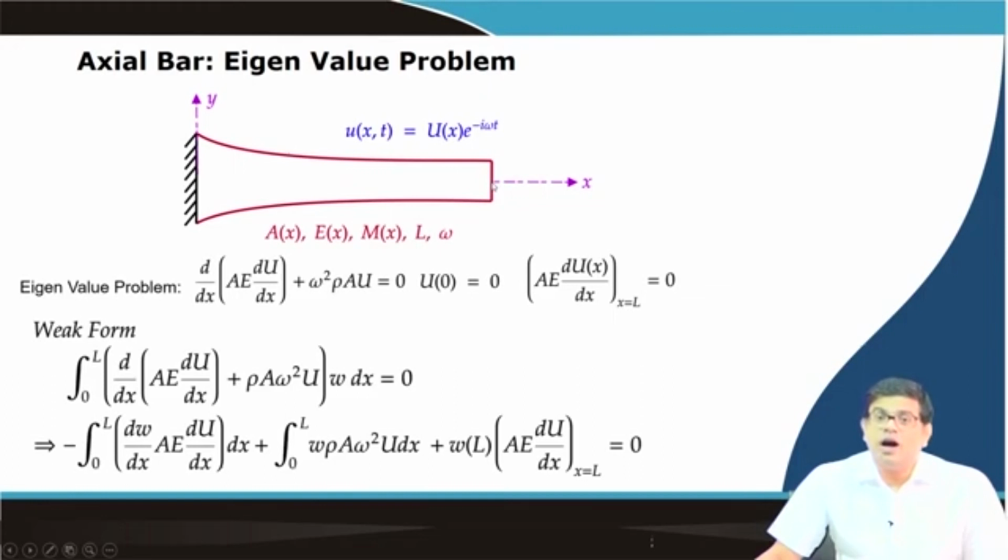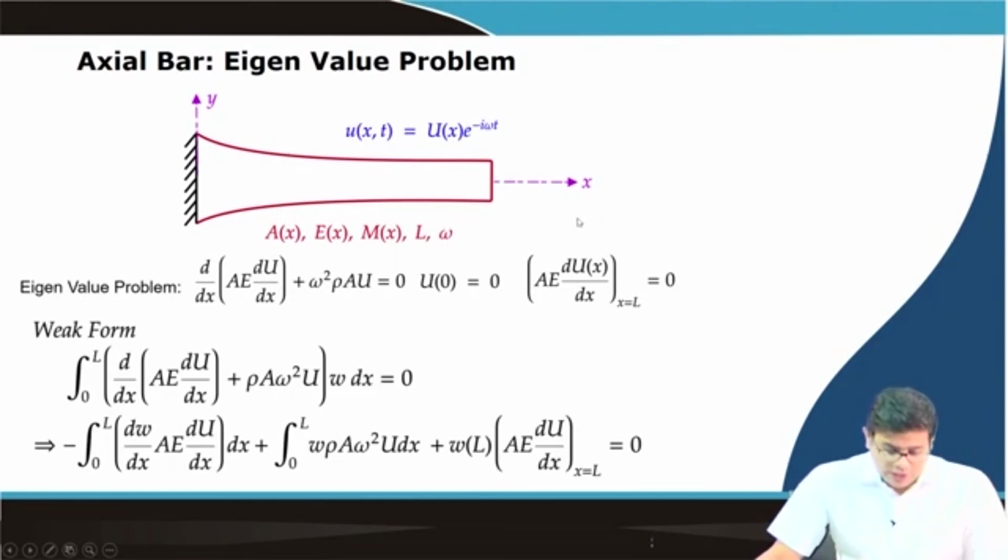So that means if I give some initial disturbance to the system, then the system will vibrate under its natural frequency. So that's the objective. The objective essentially is to find out the natural frequency of the system as well as the mode shapes. So why are these frequencies and mode shapes obtained? Because with this we can find out the solution of the system. So if I know the mode shapes, and if I know what my u(x) is,